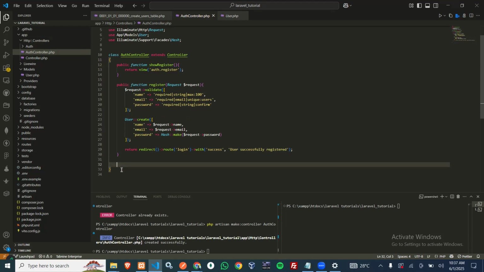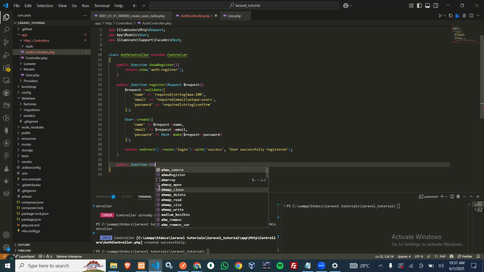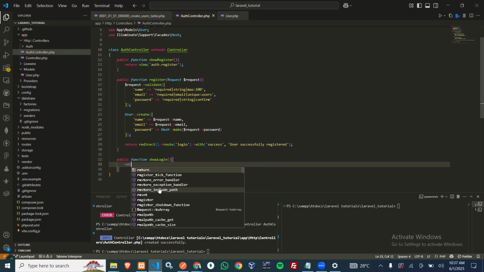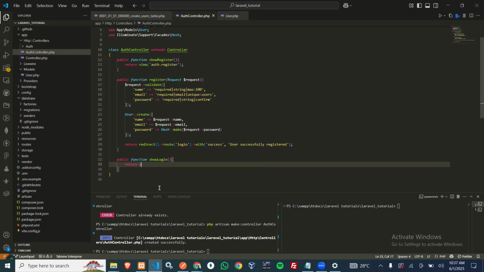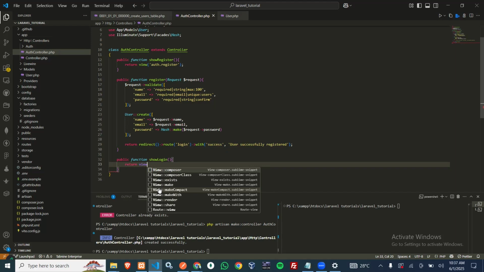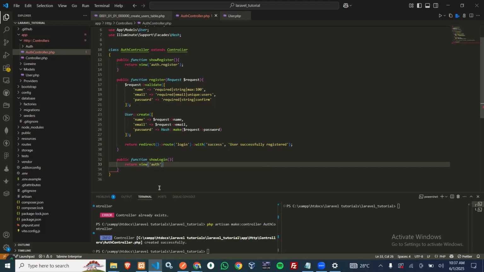So after that, we are going to have the view for login as well. So I'm going to have public function show login. So I'm going to return view, and it's going to be auth dot login. Now, what this auth dot login means is that actually in the view,